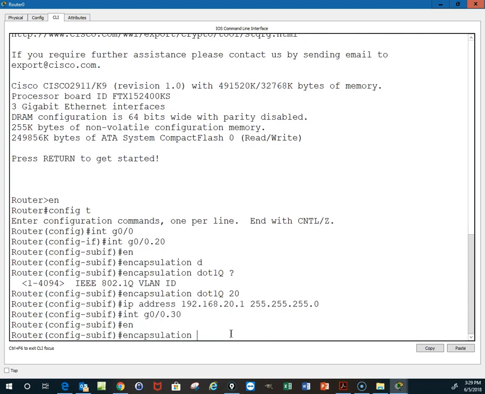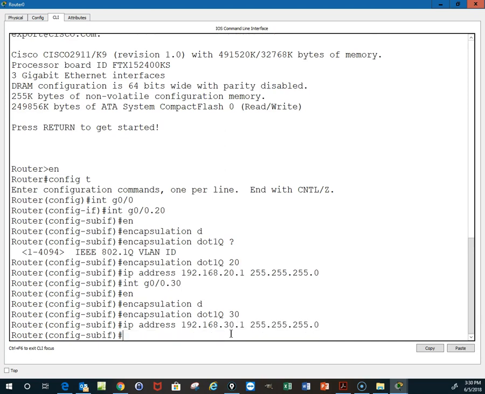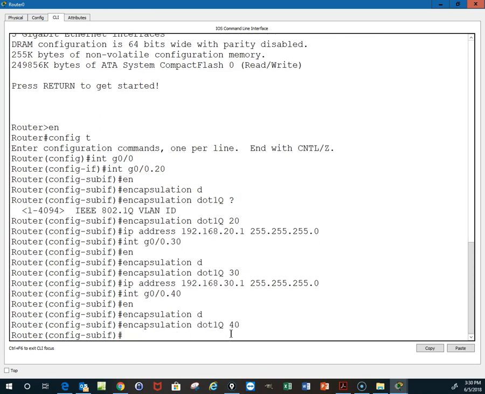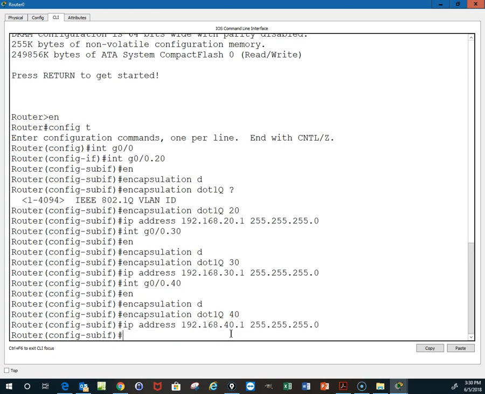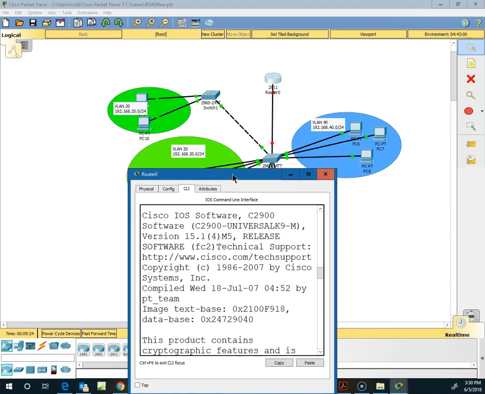0/0.30, encapsulation dot1Q 30, IP address 192.168.30.1, 255.255.255.0, and then interface gig 0/0.40, encapsulation dot1Q, and then we're going to associate VLAN 40 with it. IP address 192.168.40.1, 255.255.255.0, and then let's go to interface gig 0/0, and since it is still shut down, still red here,